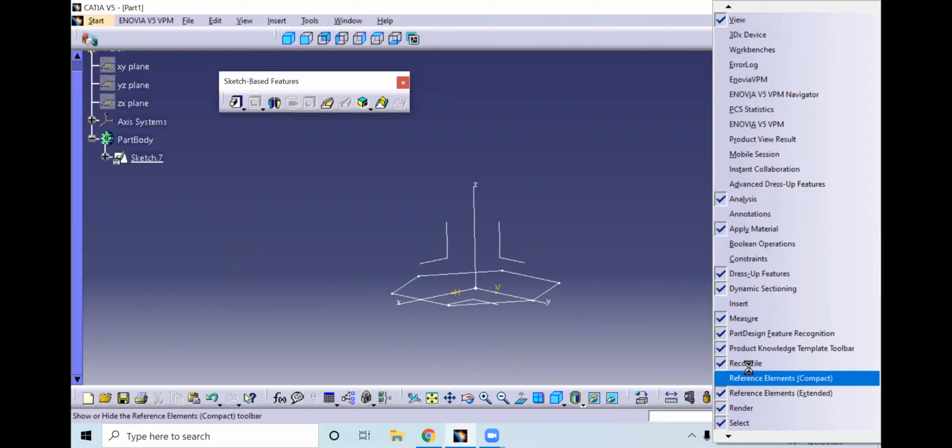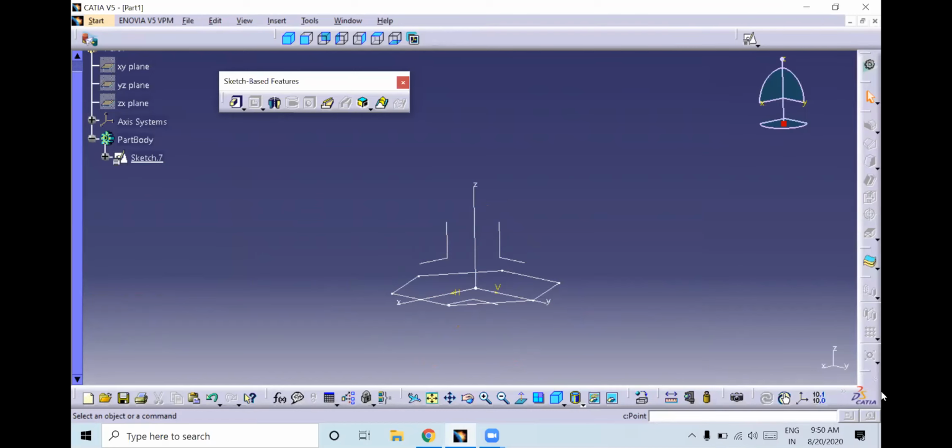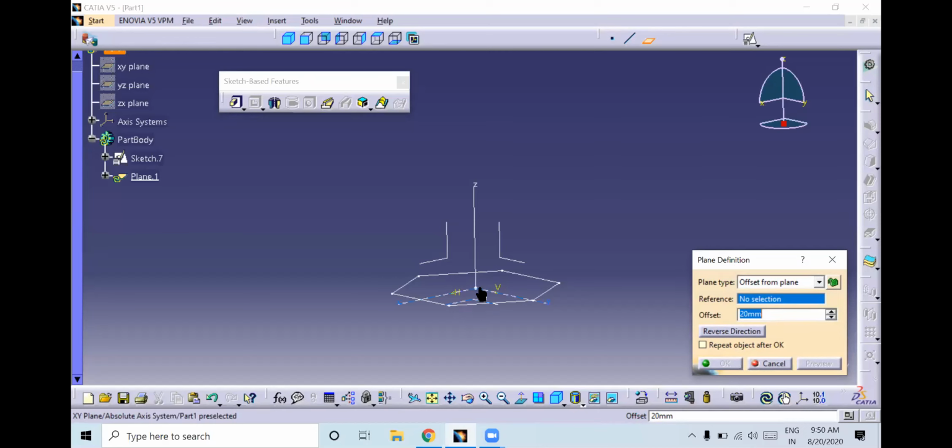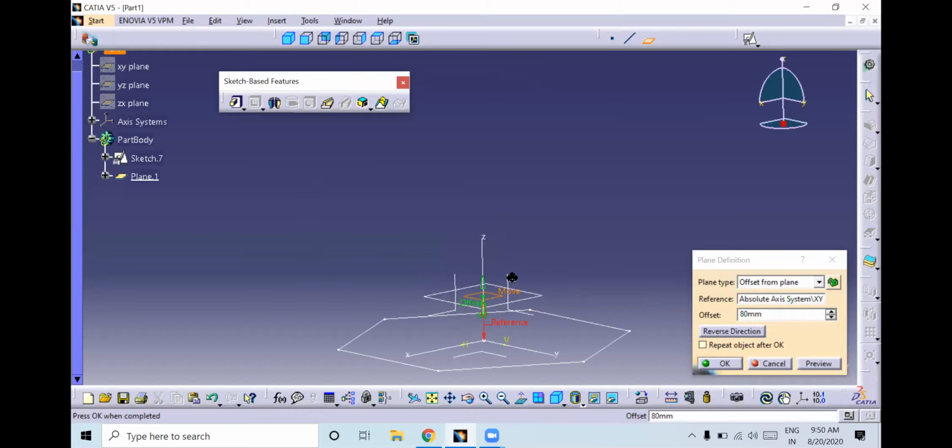Here we have reference elements. So by using the reference element, you can create parallel planes. Just select this plane and select this plane. You can give any distance; I will give 80. See here, one more parallel plane has been created.